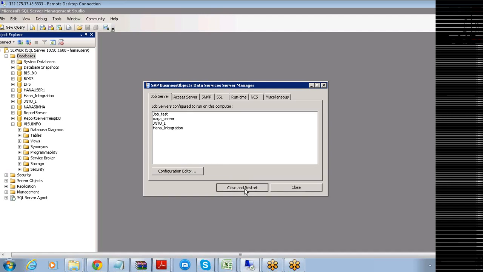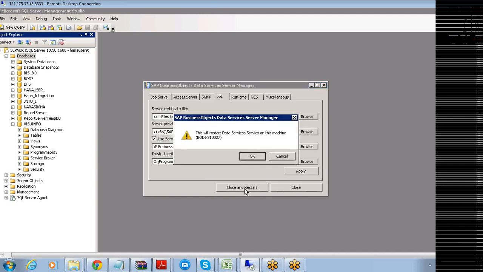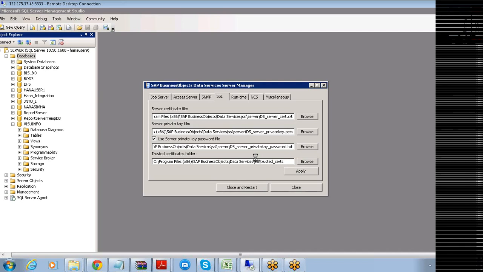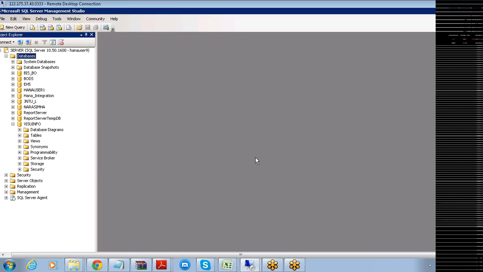When I click on close and restart, your services will be closed and then restarted once again. So select this. This will restart the data service on this particular machine. Click on OK. It takes some time, and if it is successful, you have registered your repository to your job server of data services.